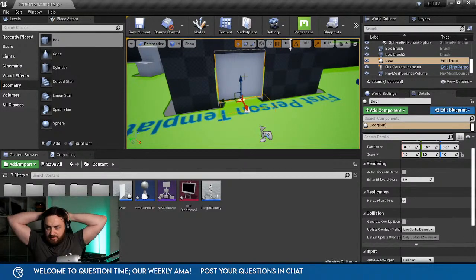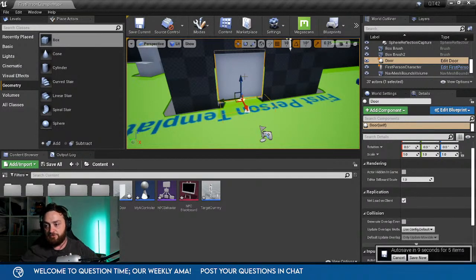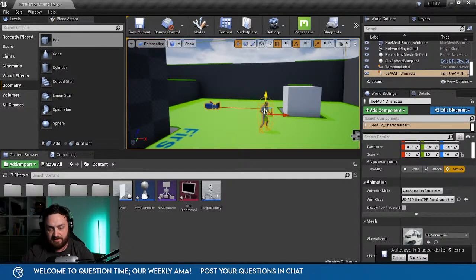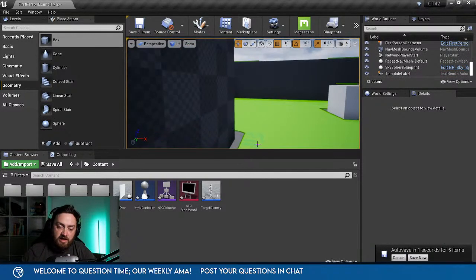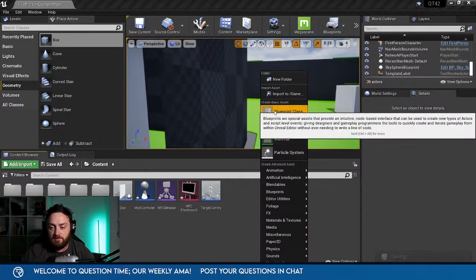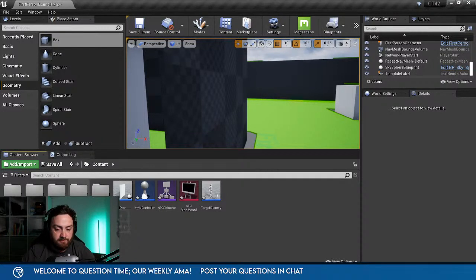Vlad is asking, hi Ryan, how do I do a spawner that randomly puts one of everything from the list in a selected place and has no duplicates for a puzzle game? Sure, okay. So, let me get rid of this guy because he's going to get annoying really quick. Let's make something. Let's do it on a game mode. We'll do it on the game mode.